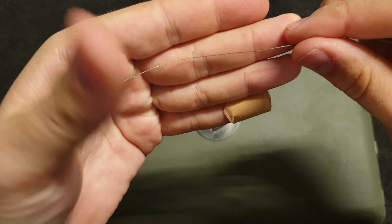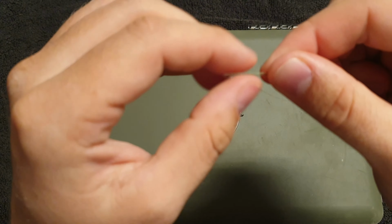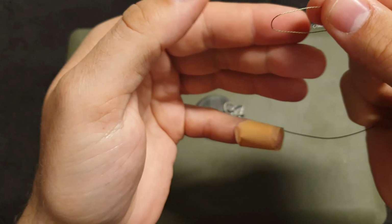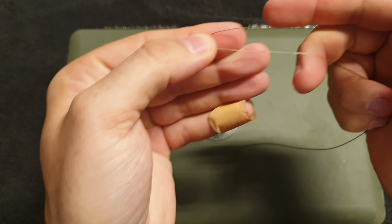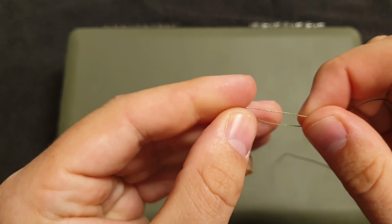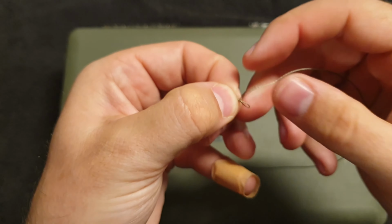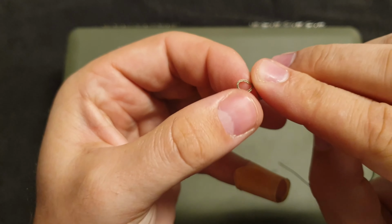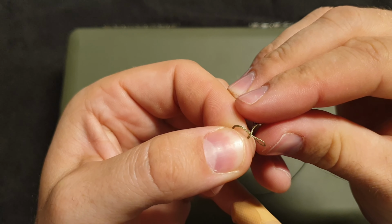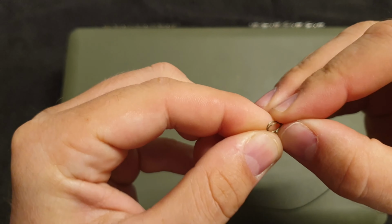So we've got all the coating off now, and all we're going to do is tie a quick overhand loop. So if you haven't seen an overhand loop, I'll just quickly show you. Double it back on itself, double it back on itself, pinch it together, and then just like that. Then we're going to take the loop here with the thumb, push it up, and then through the loop that you've made,